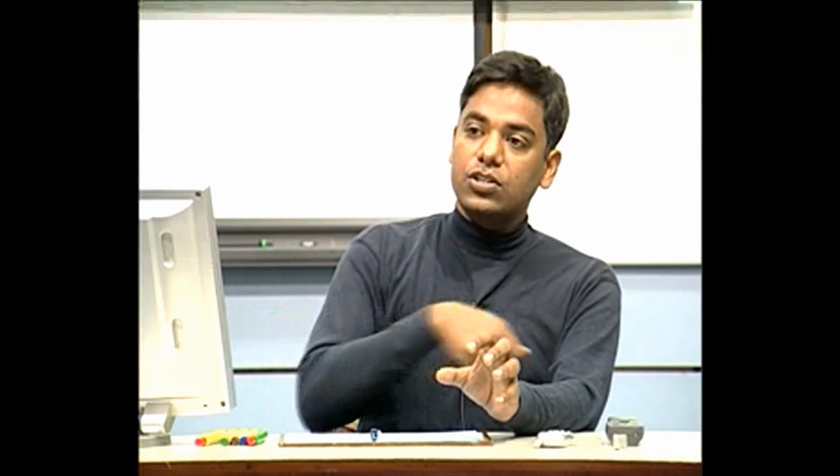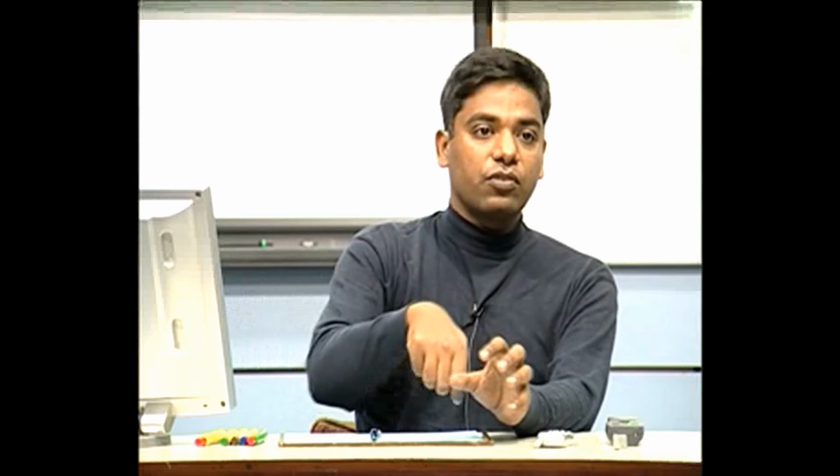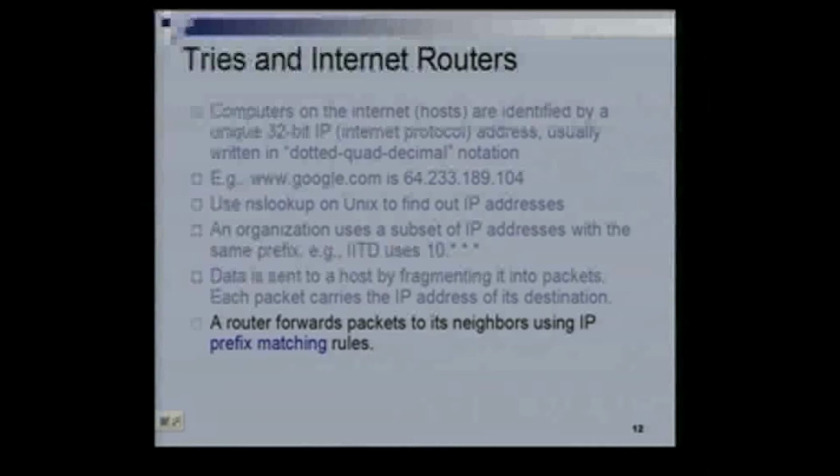A router is a bunch of links coming in, links going out. So a packet comes on one of the links and the router has to figure out which link to send it out to, right? So the routing table does not say that if this is the IP address then go on this link, because there would be too many IP addresses, 2 to the 32 different IP addresses potentially. That would be a very big table, so it doesn't work like that. It says that